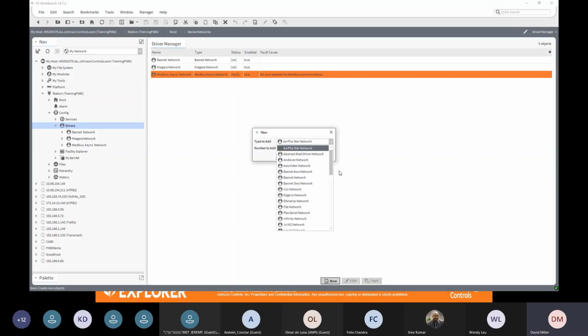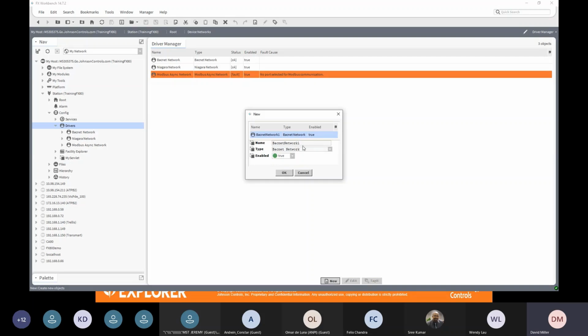This lists all of the available networks, and somewhere in there is a BACnet network. Then we go OK, and we can give it a name, and so on. We've already got one BACnet network, and you only ever have one BACnet network